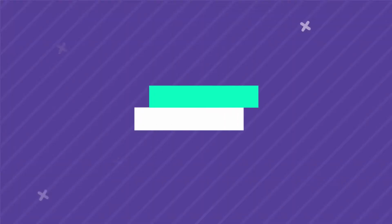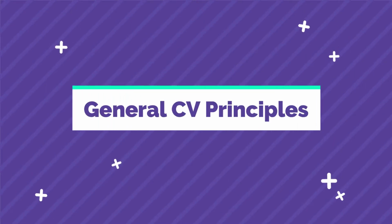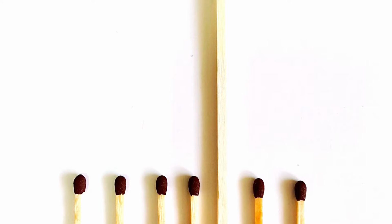Cool. Let's talk about general CV principles. How can we make sure our CV is part of the 50% that makes it through to getting viewed by a person? Here's 4 principles to think about. Number 1, CVs are basically about matching patterns. The ATS wants to find the keywords that are in the job description and match them to your skills and experience in your CV. If the ATS feels like you're a good match, you pass. If not, you fail. So the number 1 priority is getting your CV to match the job description in a